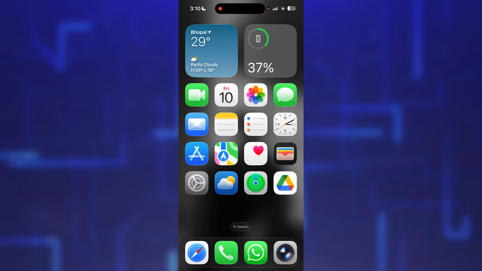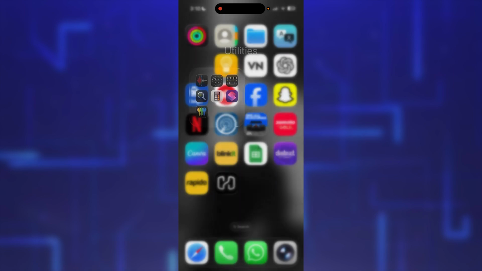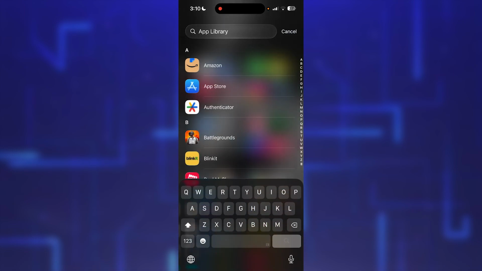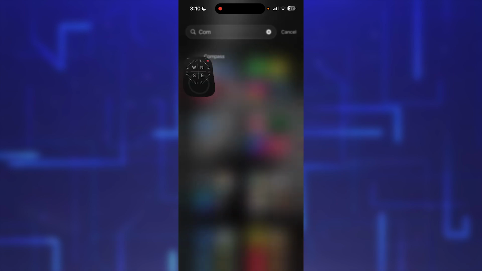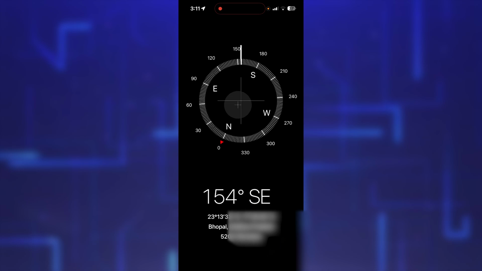Now in order to do it, simply search for the compass application on your iPhone. It's probably in the utilities section, or you can easily search it right there as well. Simply search for compass, and once you open it, here you'll see some numbers right there on the below of the screen. That is your exact location where you have been sitting. You just need to hit on this one and hit copy, and that particular location has been copied to your